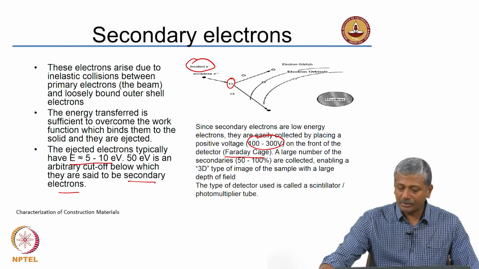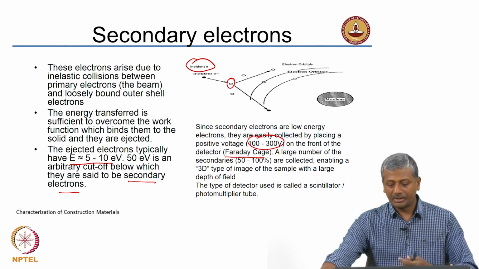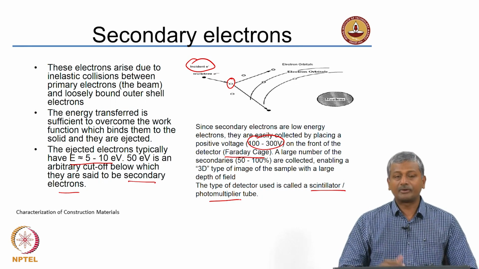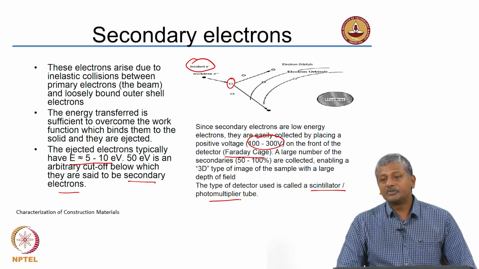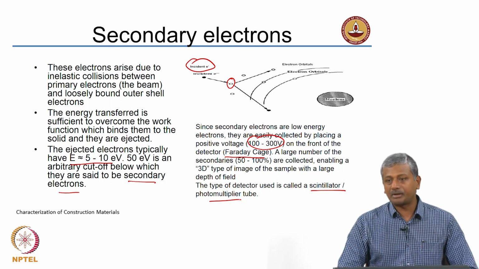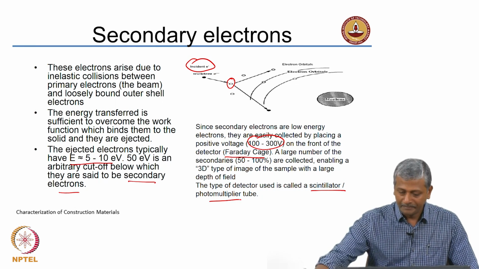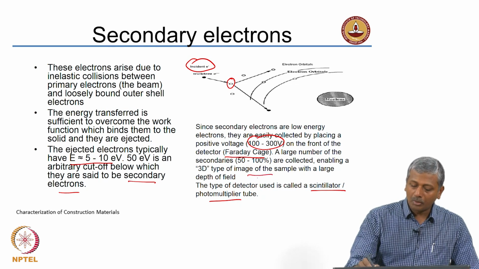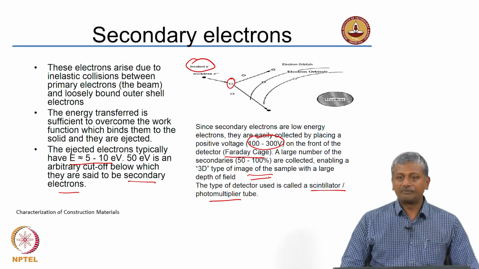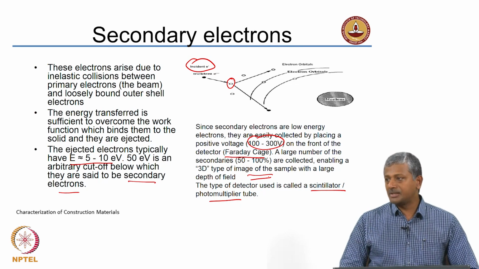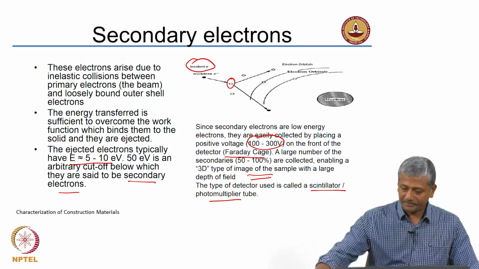So, these secondary electrons are collected by the Faraday cage, and basically there is a photomultiplier, which ensures that the signal that you get can be amplified significantly to generate the right kind of image. Okay. Now, of course, we will talk about how morphological information can be obtained based upon the characteristic shape of the crystalline materials that you are actually trying to observe.